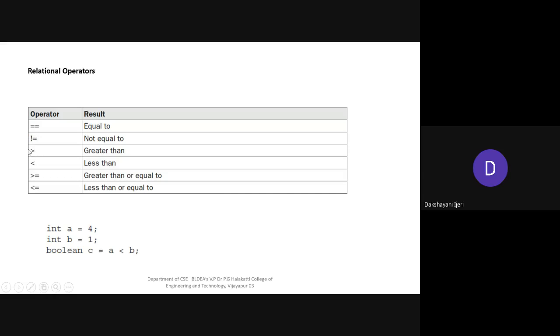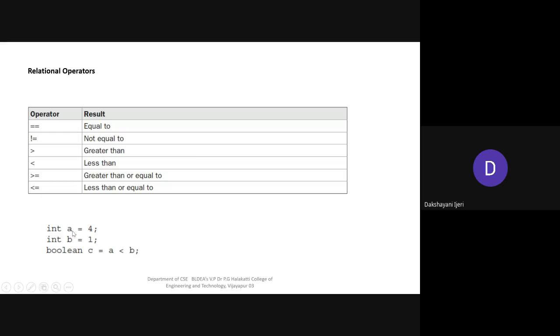Okay, so this is the greater than symbol, to check whether the left operand is greater than the right operand or not. If the left operand is greater, then it will give the result as true. In the other case, it will give the result as false. Similarly, less than checks whether the left operand is less than the right operand or not. If it is less, it will give the result as true, or else it will give the result as false. Similarly with greater than or equal to, and less than or equal to. It will check even for the greater as well as equal to. Here also it will check for less than or equal to. So one simple example has been given here.